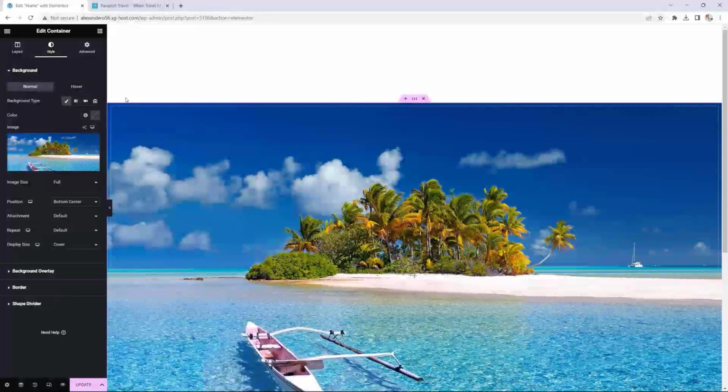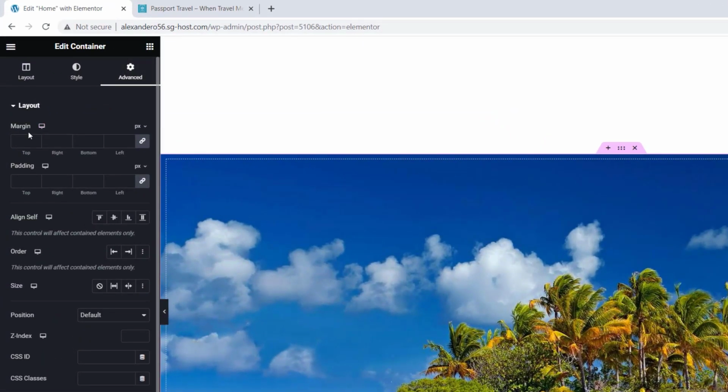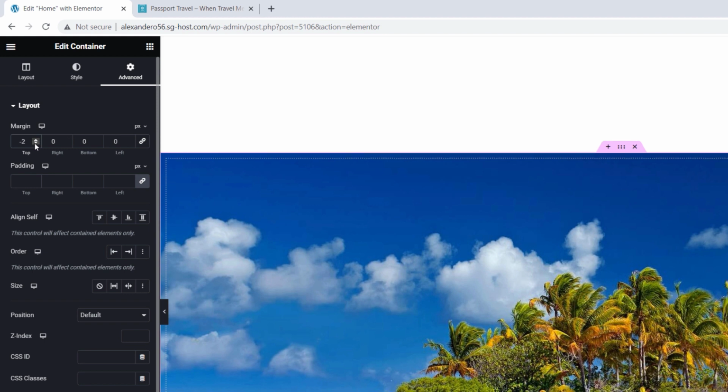So to do this, we're going to go over here to the advanced part for the container. And when you have margin, by default, when you add any sort of value to your margins, the exact same value will be applied to all four sides. So we don't want this. We want to apply margins only to the top. So let me go back to 0, and then I'm going to unlink the values here by clicking on the button right here. And now for the top, we're going to go with a negative value. And in fact, we're going to go all the way to negative